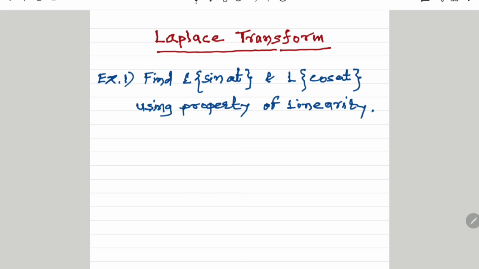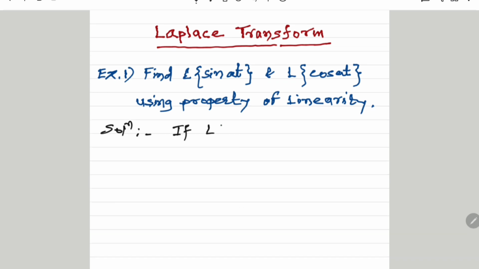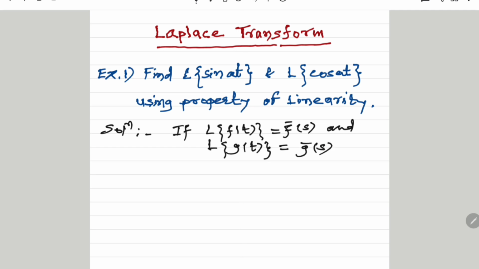First example, find Laplace of sin at and Laplace of cos of at using property of linearity. If Laplace of f of t is f bar of s and Laplace of g of t is g bar of s, then